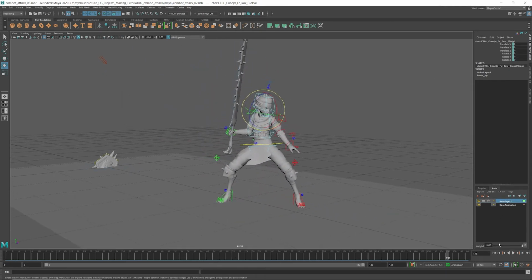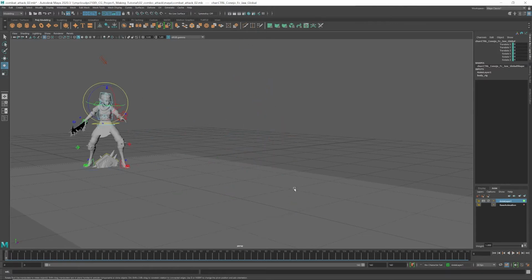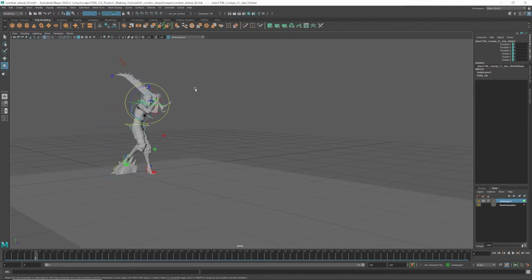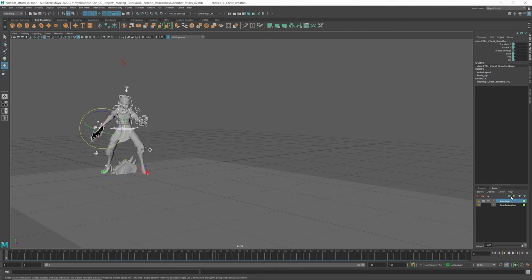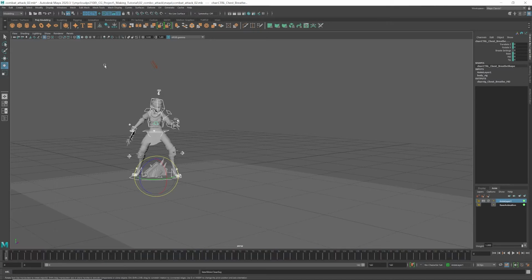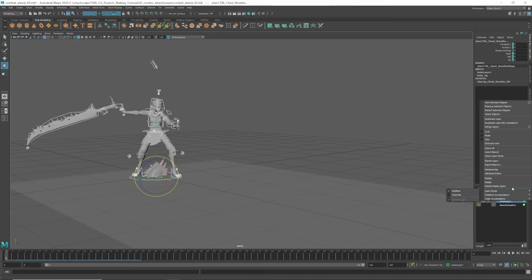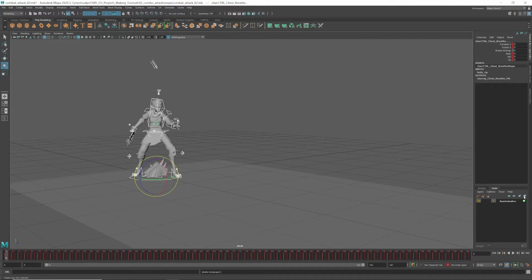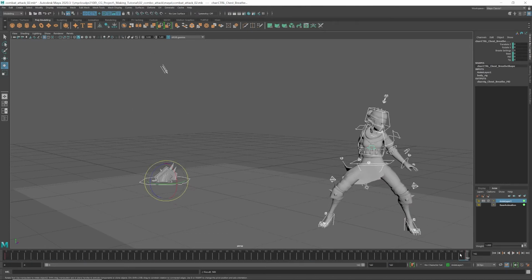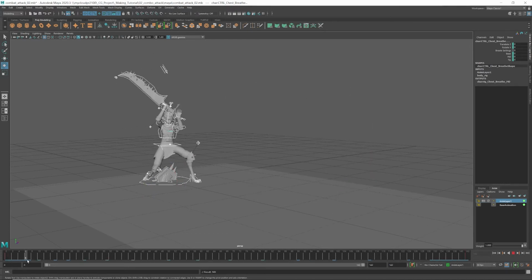So what I do, I will summarize what I'm saying. I talked too much already. So select all the controllers and then create a layer. I will delete this and then show you. Select all controllers and then create a layer on top of this. Then I will just key at the start and the beginning. Then just key wherever you think is